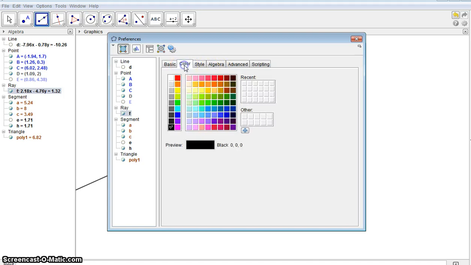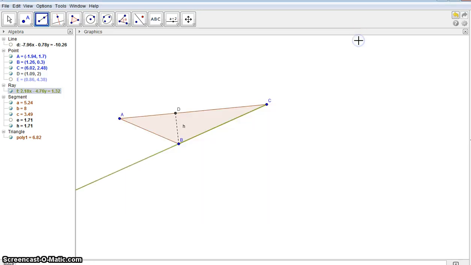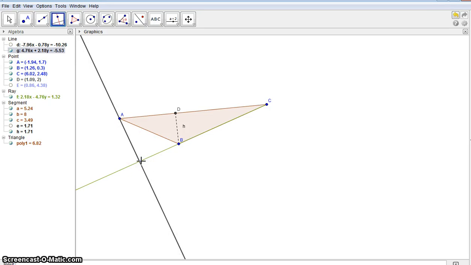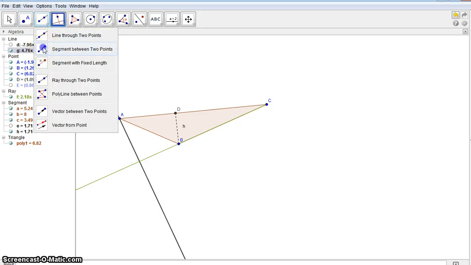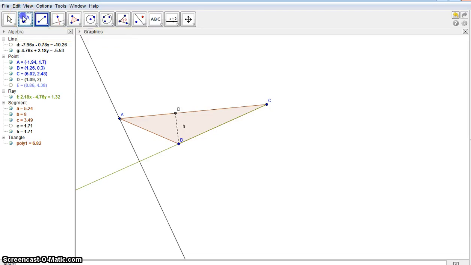So let's just change the color of this extended line. And now let's find a perpendicular line through A to the line containing the opposite side of the triangle. Let's put a segment. Oh no, first I need a point of intersection. Then I can just add the segment,